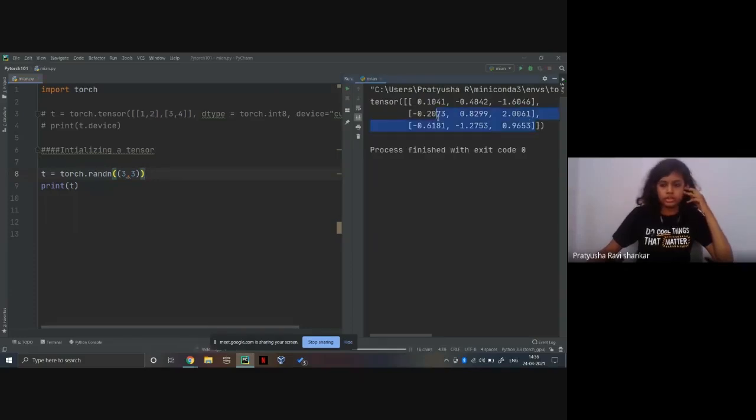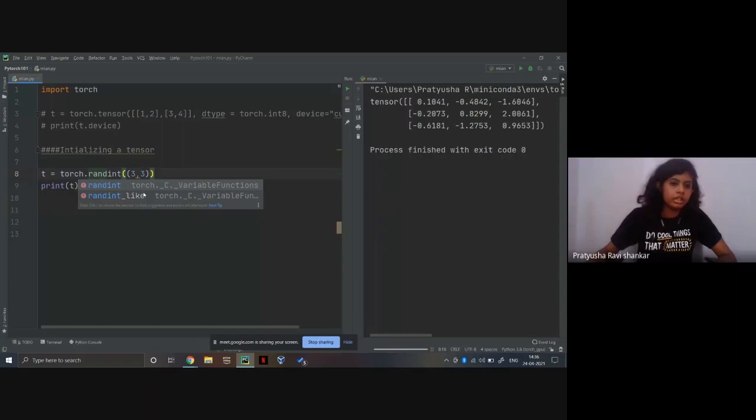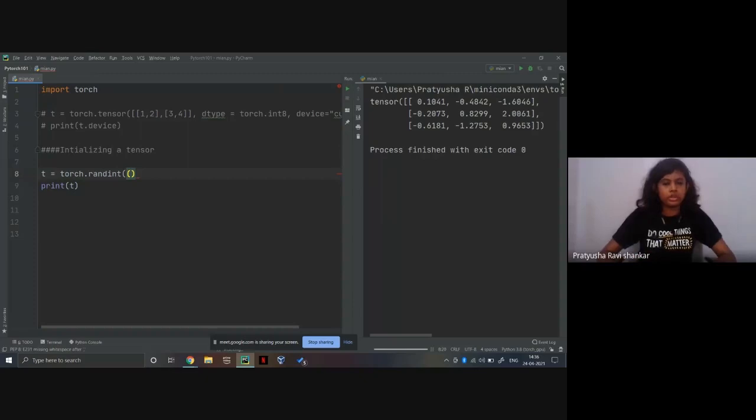So you can see here, I have got a matrix of random numbers of 3 cross 3. But let's say you don't want float and you want int in this. So what you would say is randint, and here the arguments are different. In the first one, you have to say what's the minimum value you want in your matrix. So let's say the minimum value I want is 0, and what's the maximum value I want in my matrix. So let's say 10. So no elements in my matrix should be larger than 10, and